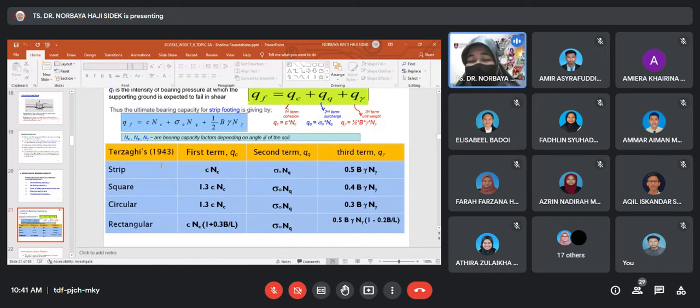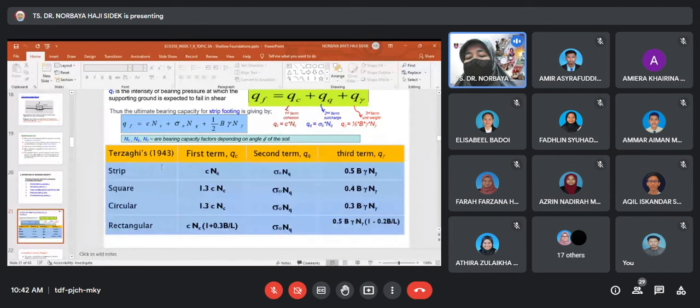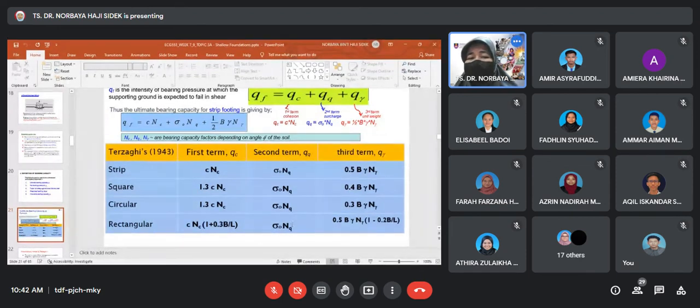Okay. For the equation, sometimes it's given to you the type of soil, and also it's given to you